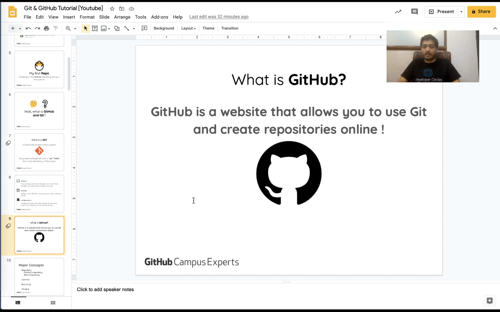You can only use that by typing in commands on the keyboard in your terminal with your command prompt. But with GitHub, you can do all of that using a user interface as well. In this particular video, we'll be actually using a combination of both, which is usually preferred by programmers as well, as per my experience. And you can also create repositories online through GitHub as well.